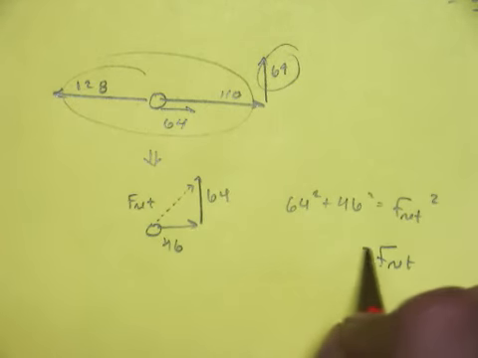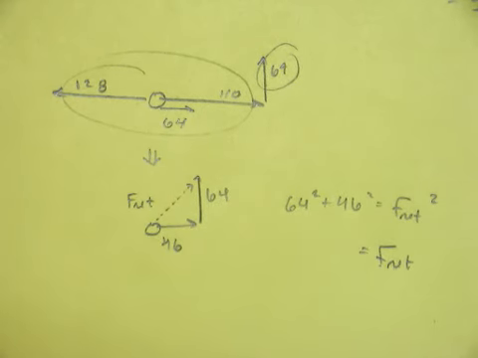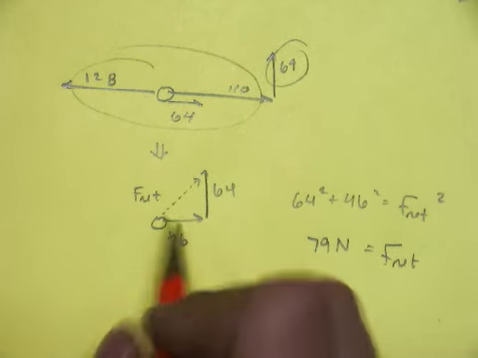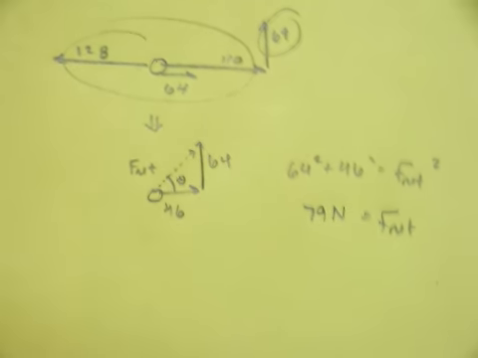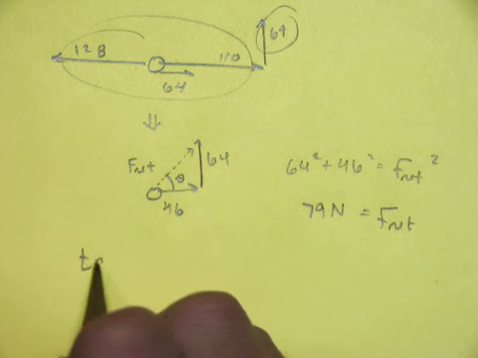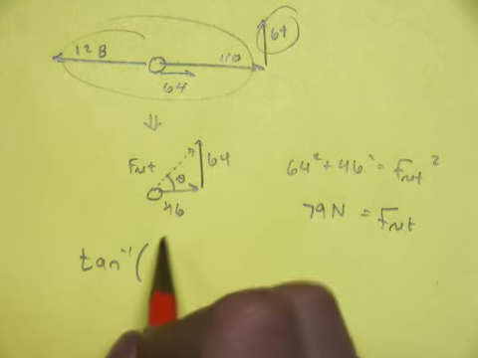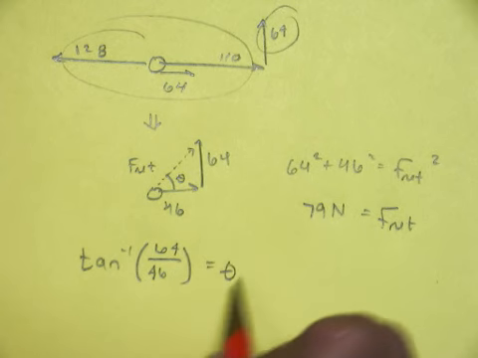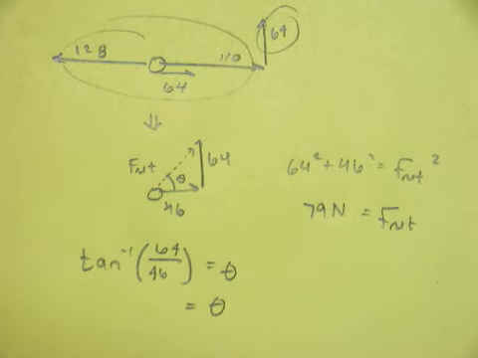So my net force: 64 squared plus 46 squared, take the square root of it, I get 78.8, or 79 newtons. Now I have to find the angle, so I have to find this angle theta. So I'll use the inverse tangent. I'll say theta is equal to the inverse tangent of 64 over 46. So inverse tangent of 64 over 46